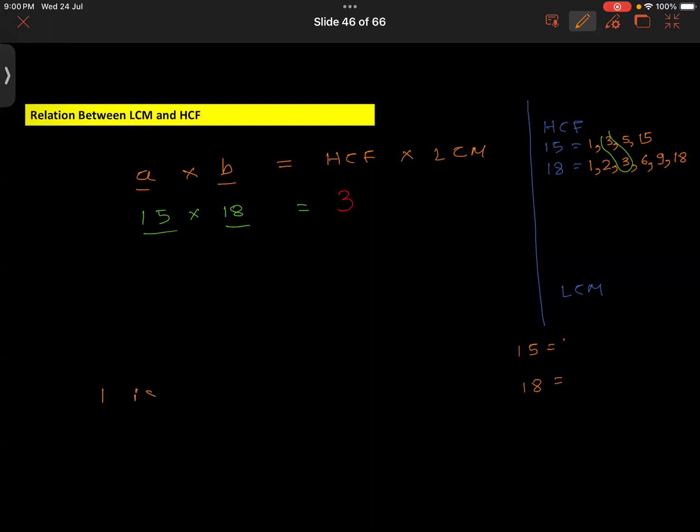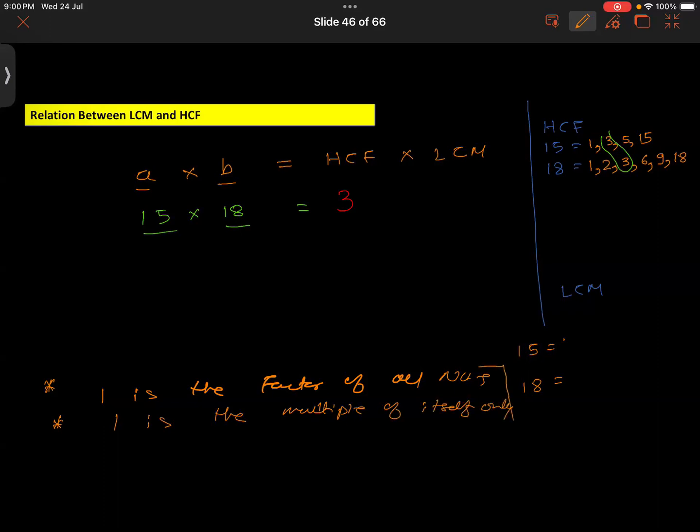Remember that 1 is the factor of all numbers. That is the first point. Second point is that 1 is the multiple of itself only. Keep these 2 points in mind. Okay,